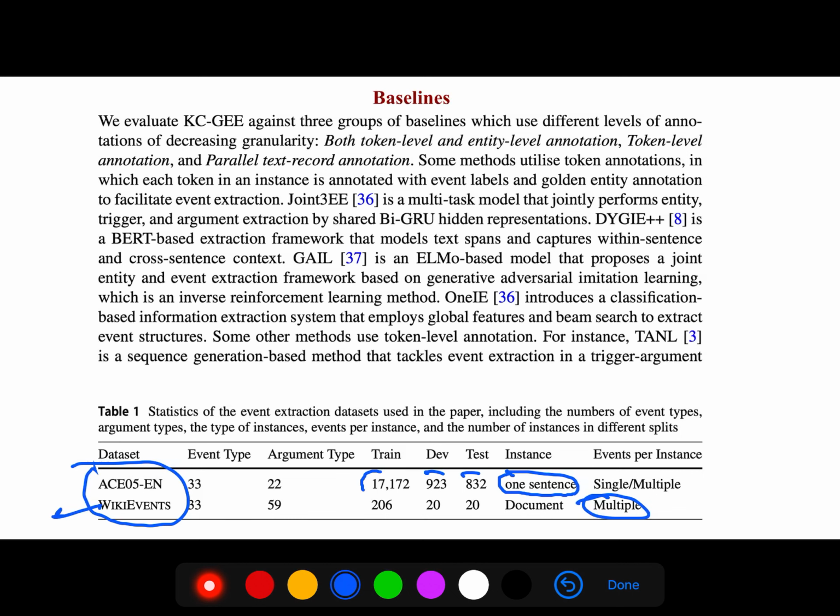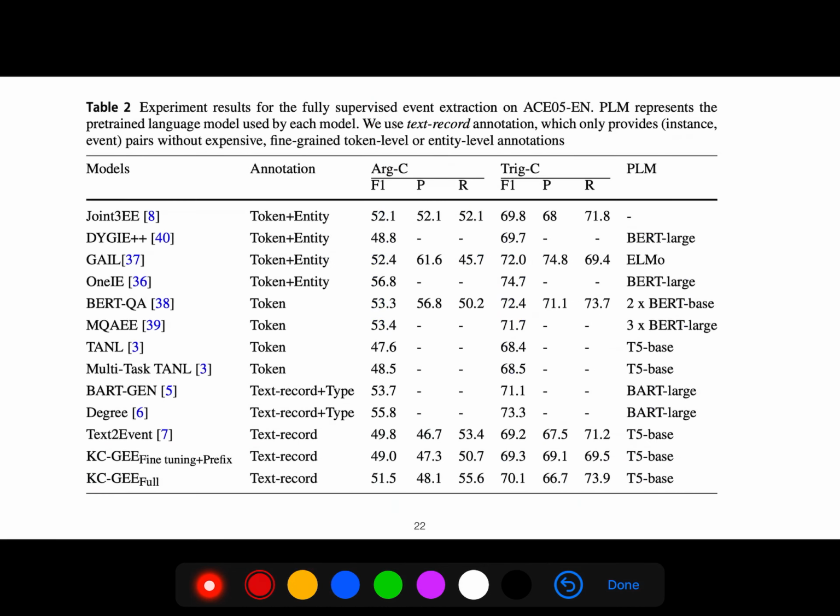But the training data, because it's expensive, is not that big. And it is more complex because we have 59 argument types, although the event types are the same, there are many argument types. So it's a more challenging data set.